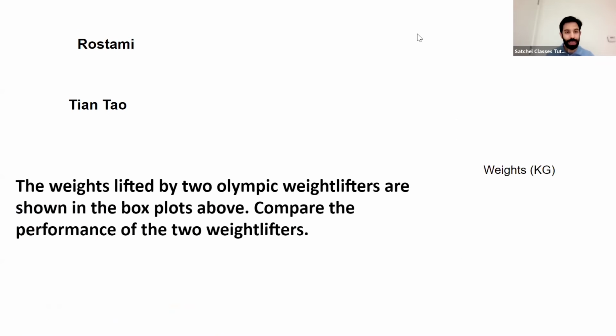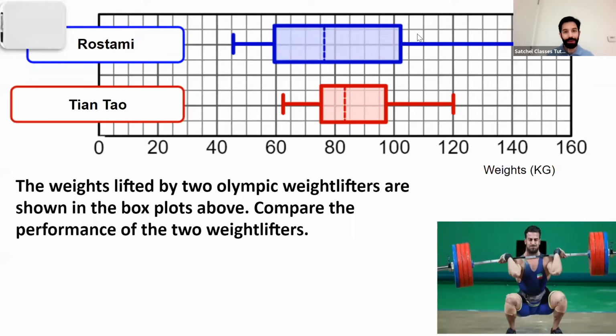Right, so let's do one more example. Here we have two Olympic weightlifters. The weights lifted by the two Olympic weightlifters are shown in the box plots above. Compare the performance of the two weightlifters. First, we can start with the median. The median is actually higher for Tien Tao. So we can say, on average,